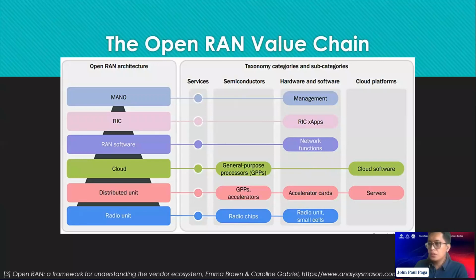ito yung disaggregated architecture, and us being the operators, okay? So you wear your hats as an operator and as an economist, right? Mga economist muna tayo ngayon, all right? So let's look on this illustration for the radio unit. Okay? For the radio unit, ano yung mga components ng radio unit which we can have value on as an operator.